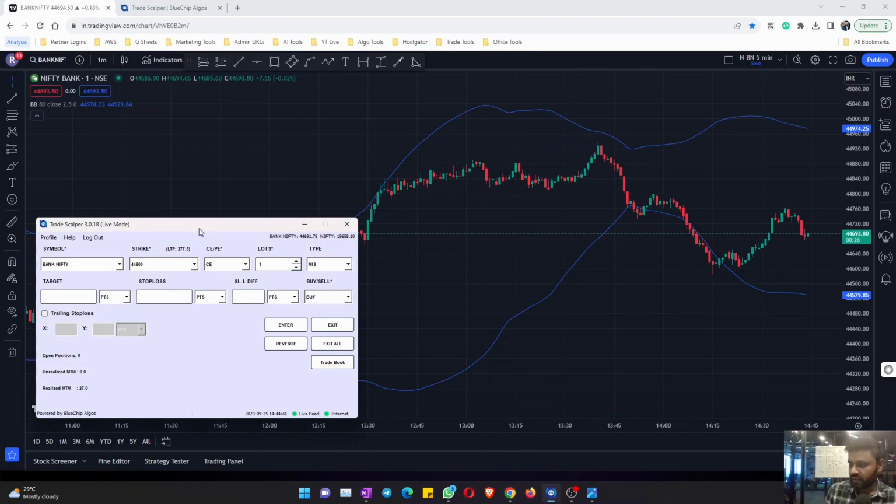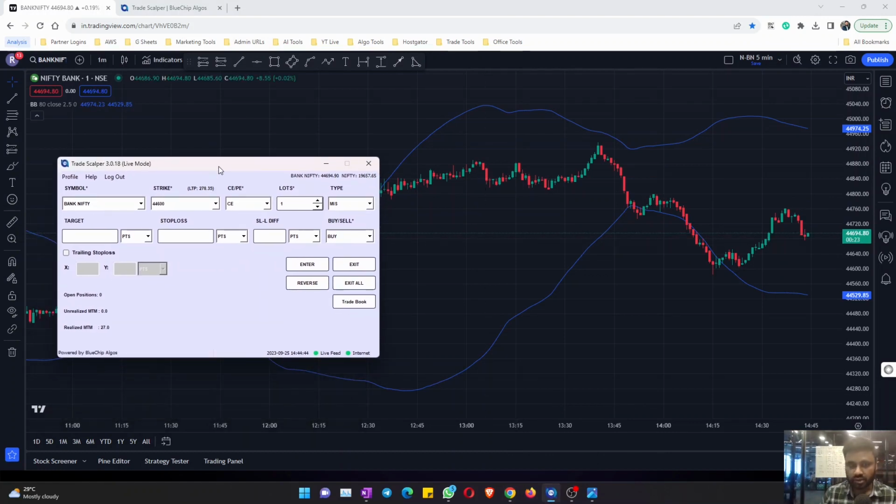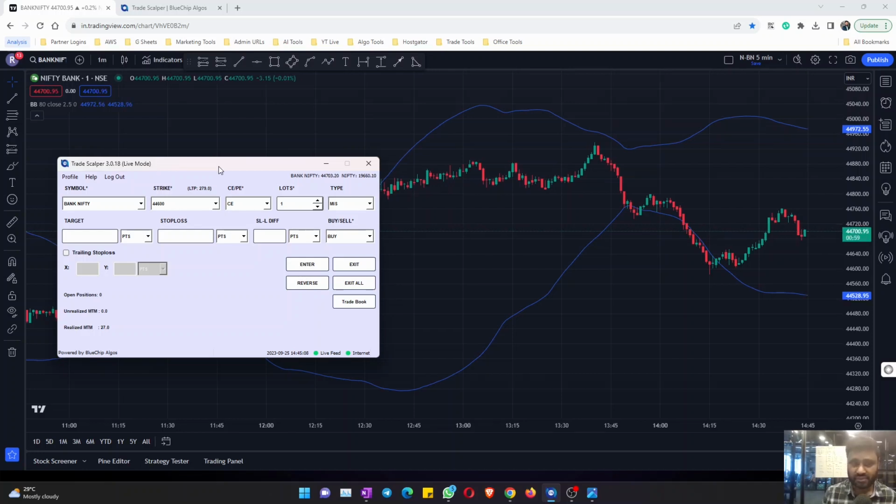And once you have a buy or sell signal on your chart, what scalpers tend to do, or even for that matter, option buyers tend to do, is they go to the trading terminal, they add the stock to the watch list, and then they hit the buy button or sell button. They need to enter the quantity, and remember, you also need to place the stop loss just to be on the safe side, because a lot of movement can happen in a few seconds, especially in indices like Bank Nifty, right? We see a lot of times Bank Nifty moved even 100, 200 points in just a few seconds, right? So you also need to have an initial stop loss. All these things will take at least 5 to 10 seconds, and these 5-10 seconds are pretty important for